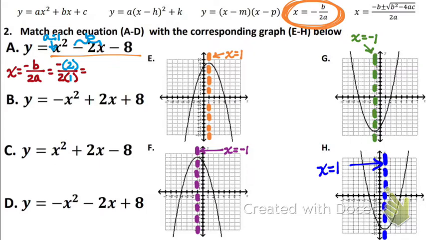What's in front of the 2? Negative. So this is going to be -2 in my numerator. What do I have in the denominator? Why is it -2? The negative came from right here. It's part of that axis of symmetry formula. But the b is also